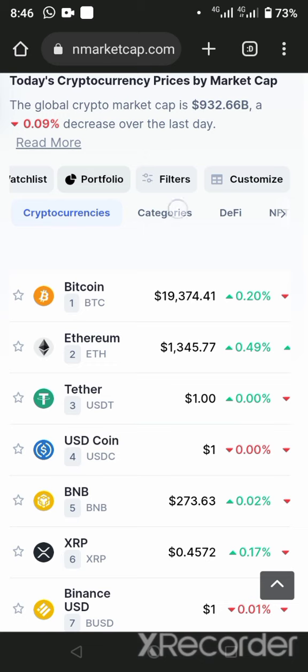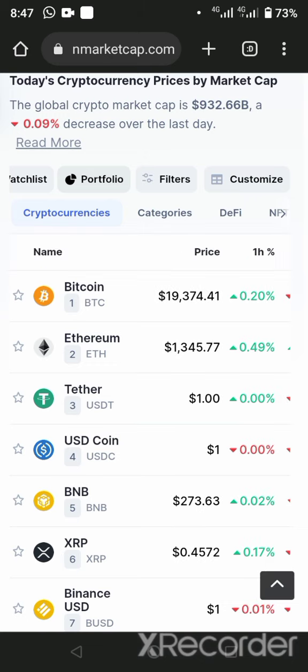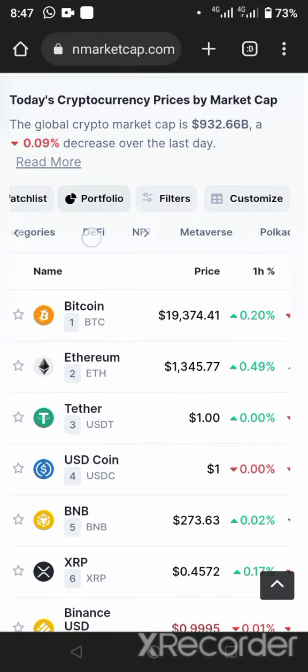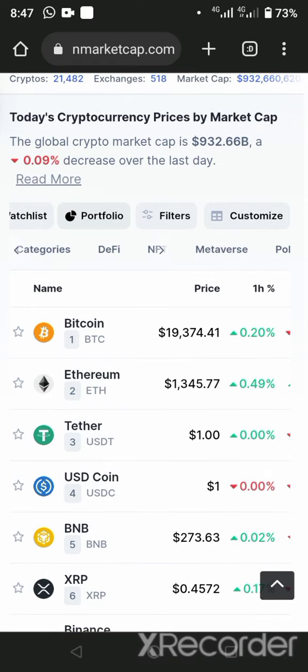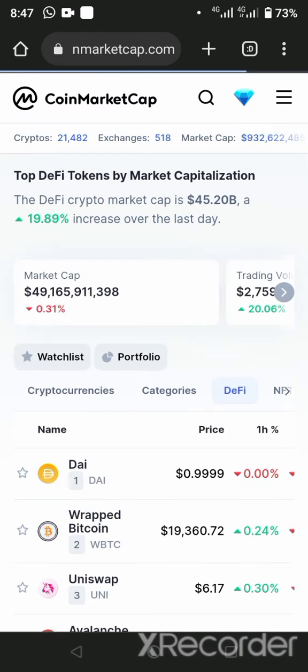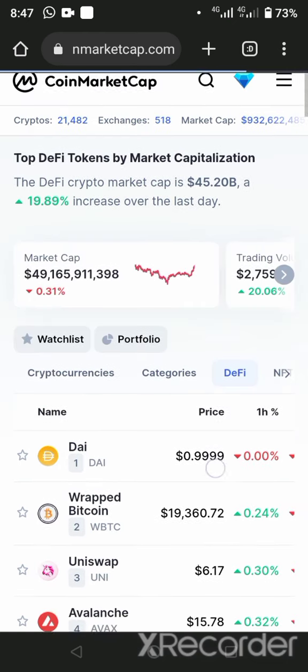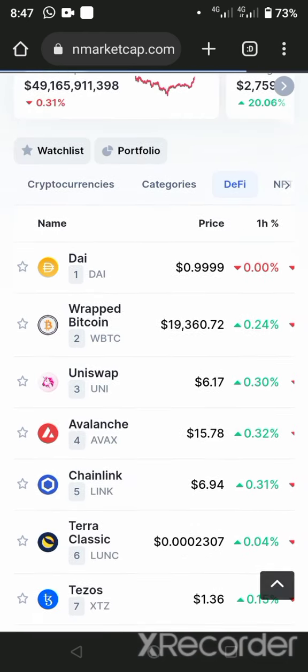Now we have cryptocurrencies, we have categories, we have DeFi, we have NFTs, we have Metaverse, we have Polkadot, we have BNB chain, Solana, Avalanche. All these are different categories. If you click on DeFi, all these now are decentralized finances.